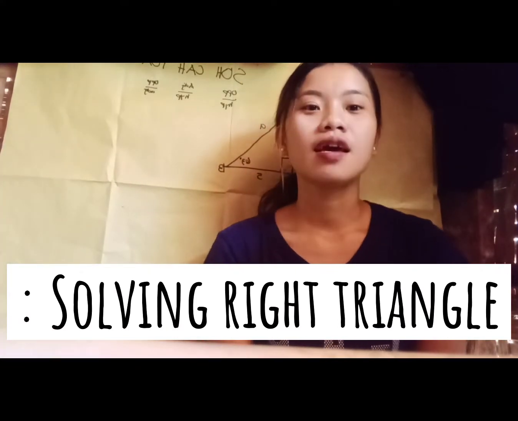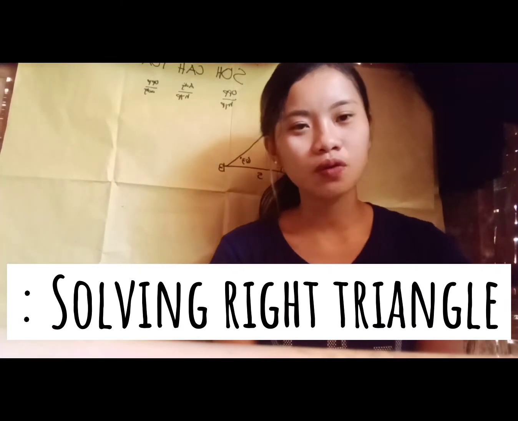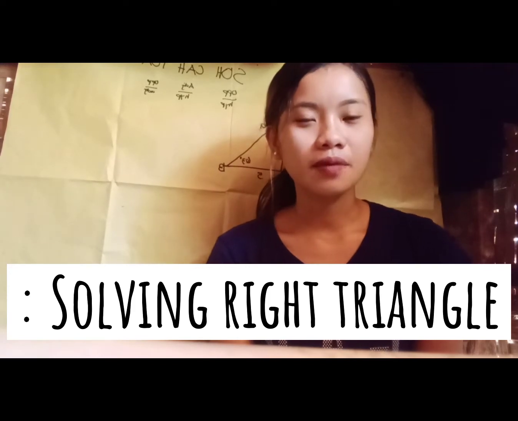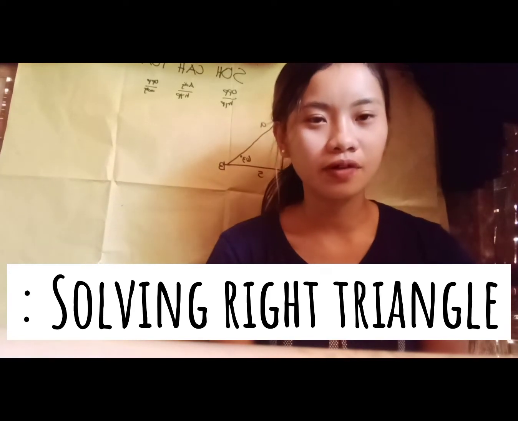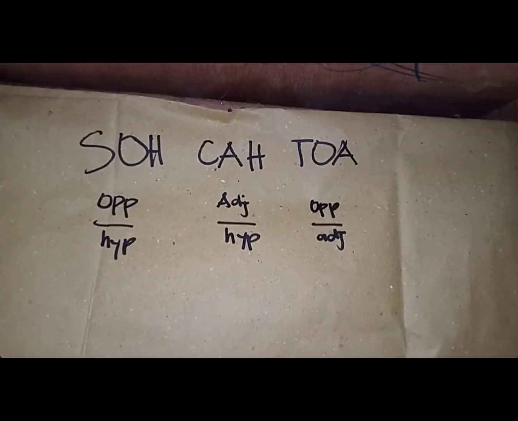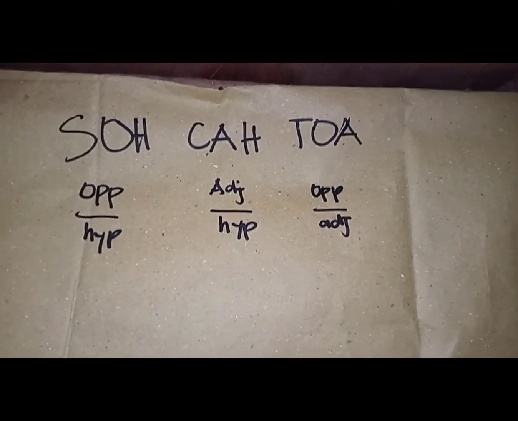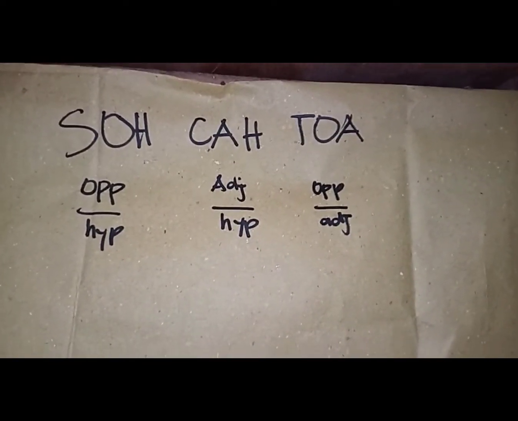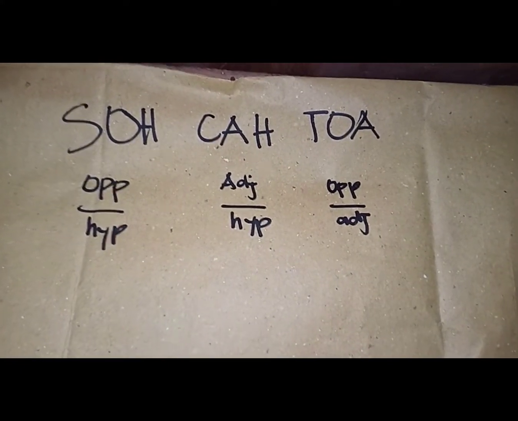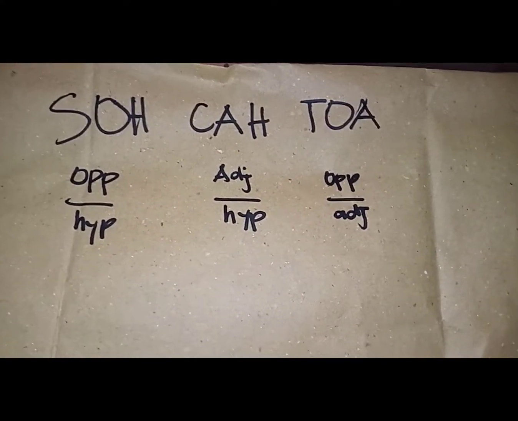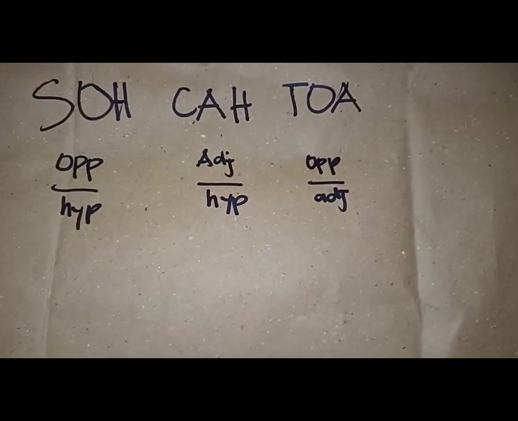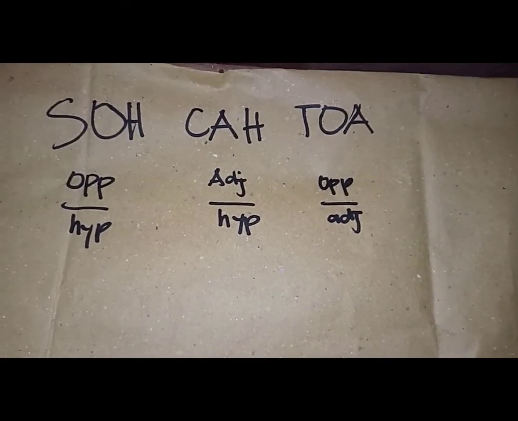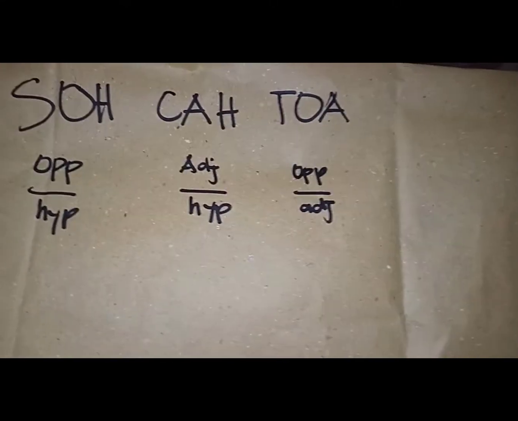This morning, I am going to show you how to find the missing side and missing angle of the right triangle. The device that we're going to use in finding the missing sides of the right triangle is the SOHCAHTOA. Sine angle is opposite over hypotenuse, cosine angle is adjacent over hypotenuse, and tangent angle is opposite over